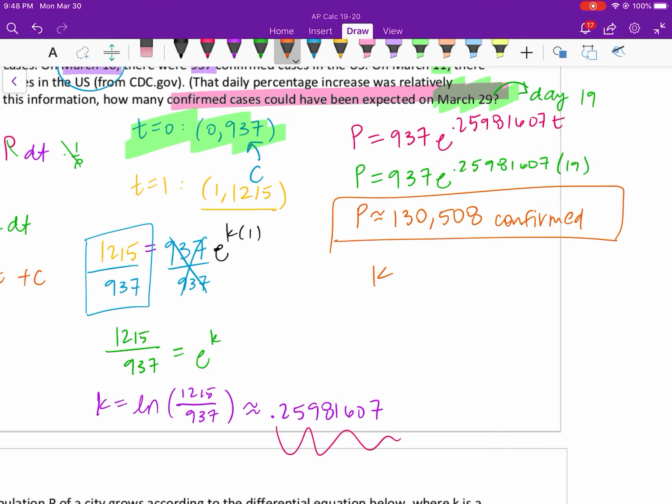Now, they ended up finding exactly 140,904 confirmed cases, according to the CDC's website. So a relatively accurate model, given the fact that it's exponential growth, and it could have been a lot farther off than that. Still not overly joyous news, but kind of cool that the math ends up